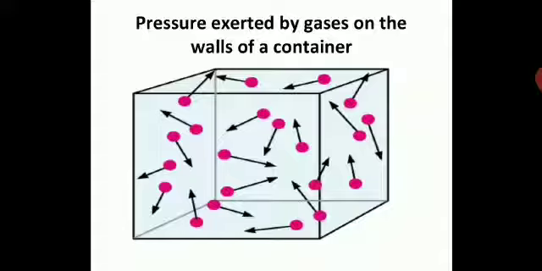You can see the particles and you can see the arrows where it will have a collision. So they are just randomly moving and they will collide. This is for you to understand how collision will happen with the walls of the container and how they will exert pressure. The pressure is due to the particles of the gases, because all gases, liquids and solids are made up of some particles, some molecules.